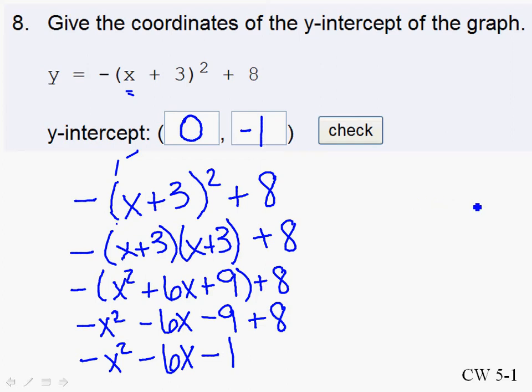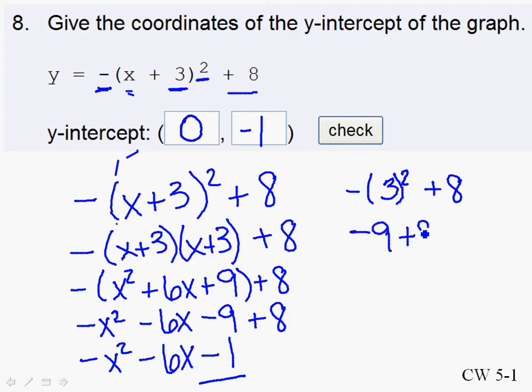Without actually working out the entire equation that way to find the intercept, since we know that our c value is our intercept, we know that this value right here is going to be our intercept. We can also just do the part that involves the numbers. To get that number, we took 3 and squared it, multiplied it by the a value, and then added 8. So we took 3, squared it, that 3 was in parentheses and had a negative, plus 8. Notice how I just pulled out the numbers, because when we combine things, we're combining like terms. So the only thing we're going to combine are the numbers. So -3 squared would have been 9, plus 8 still gives me -1